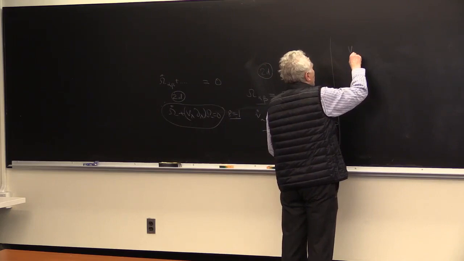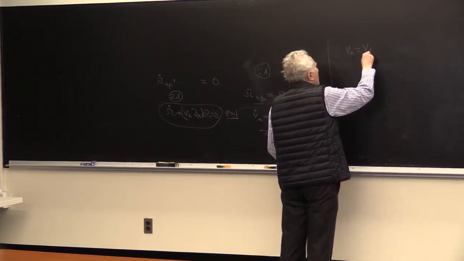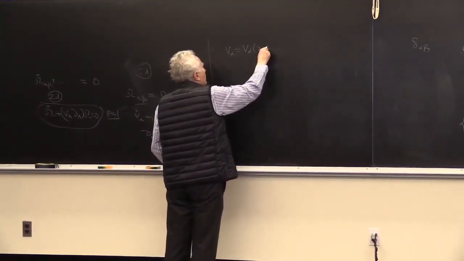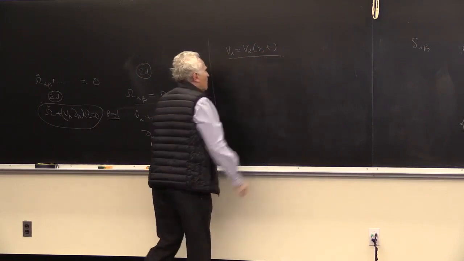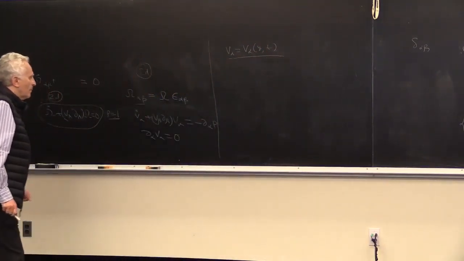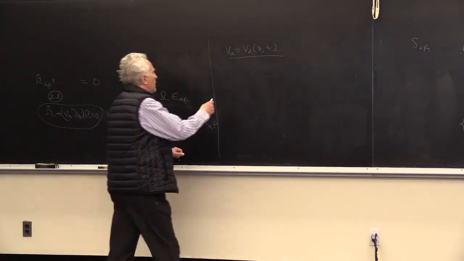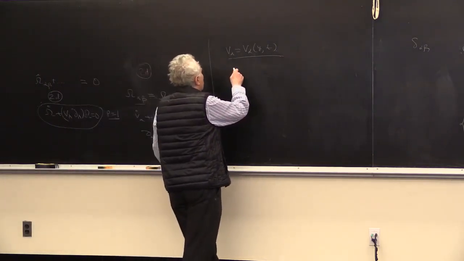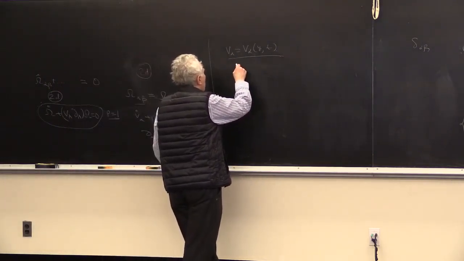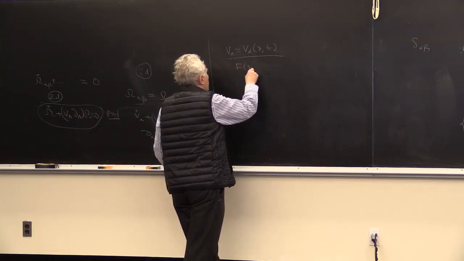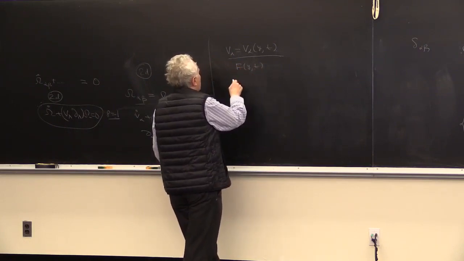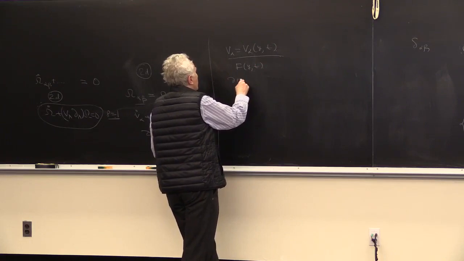Let's suppose that we have some velocity which depends on y and t. And we look at the linear partial differential equation. So we have a function f of y and t satisfying the equation